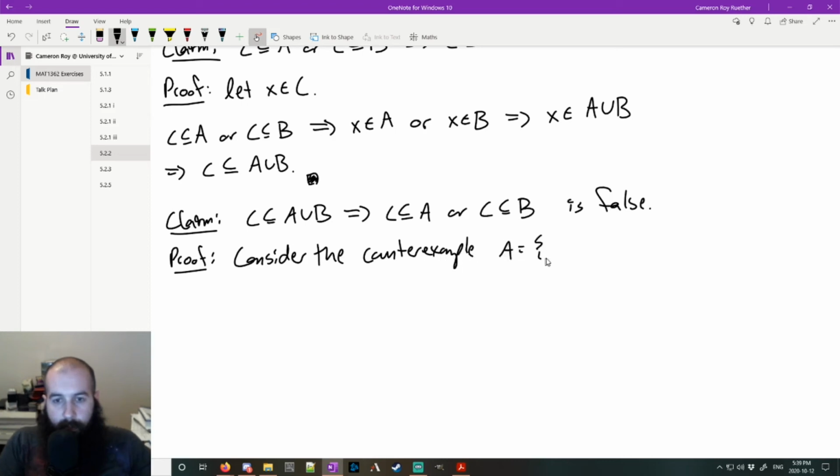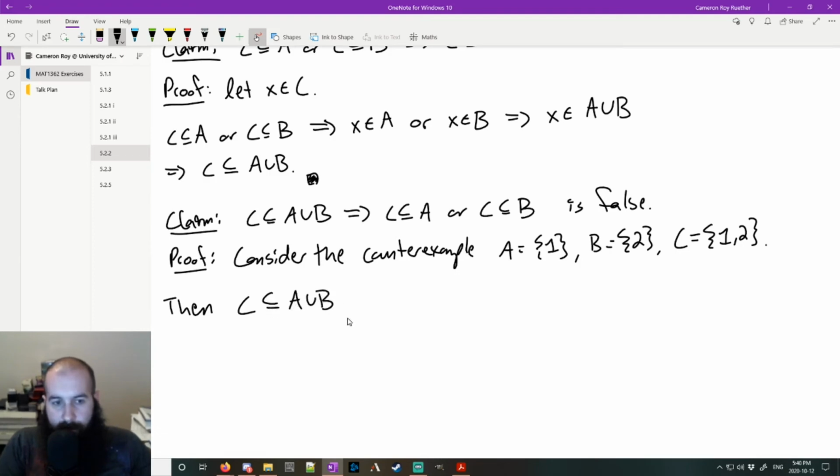A is the set containing 1. B is the set containing 2. And C is the set {1, 2}. Then C is a subset of A union B, because this is just equal to C. But